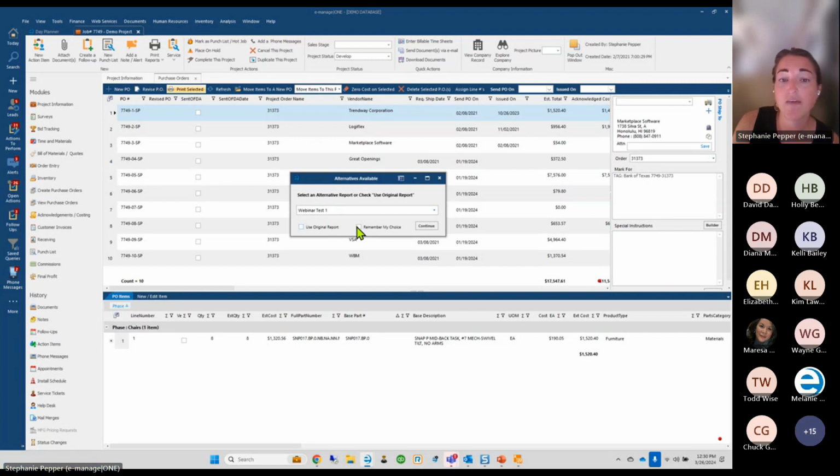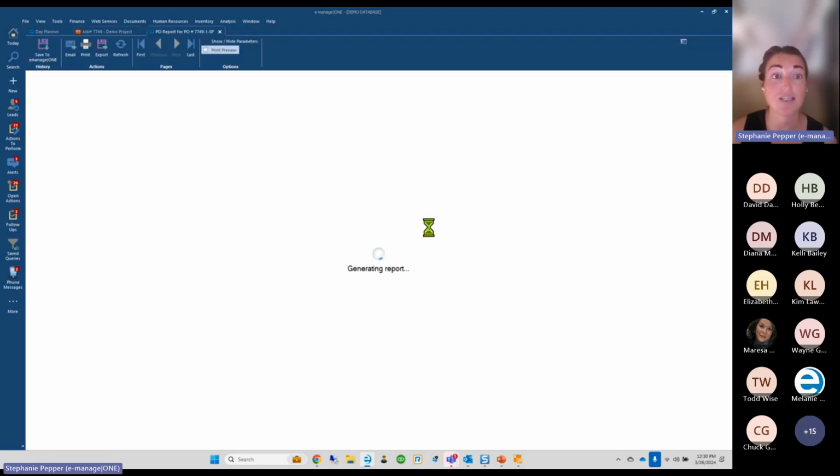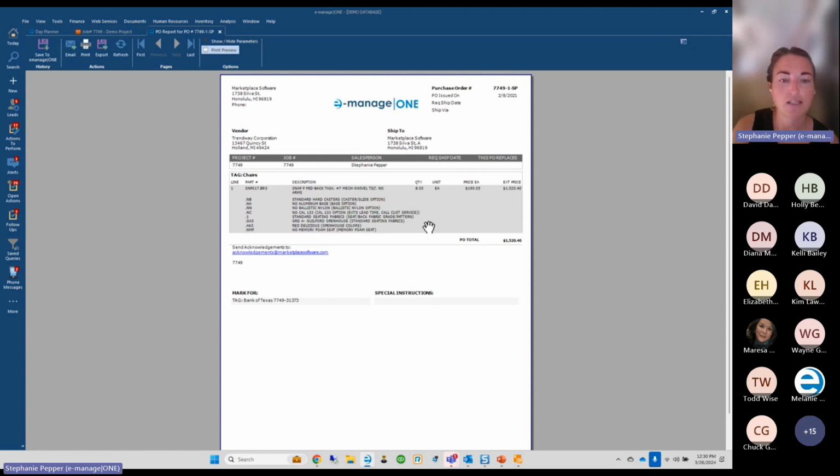Okay. If I do remember my choice by accident, which I'm going to recreate this scenario, I'm going to show you where you can go and reverse that. Okay, because sometimes we make mistakes. We're human. So I'm going to hit remember my choice and hit continue. Otherwise, just continue is a safe route. And you can see here,